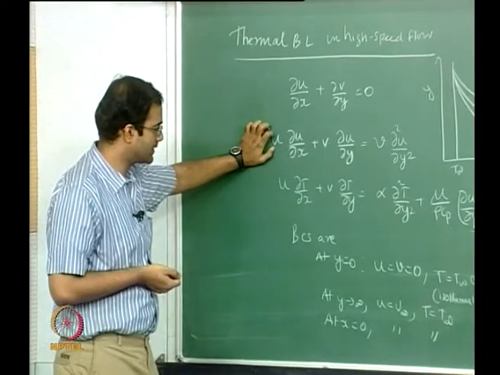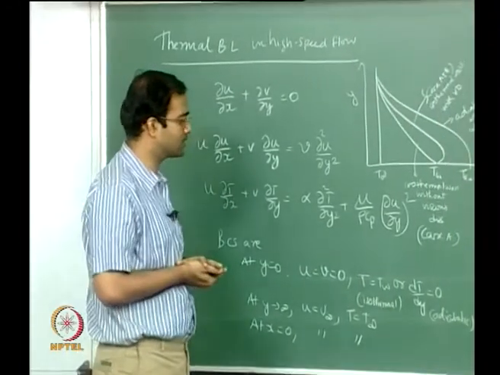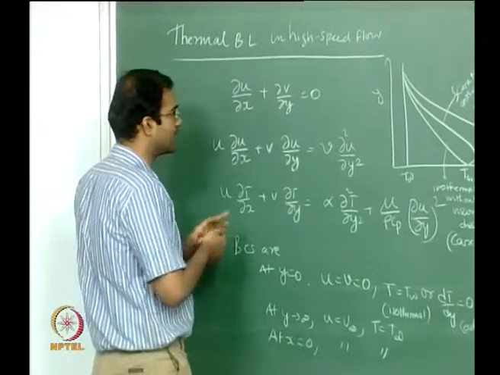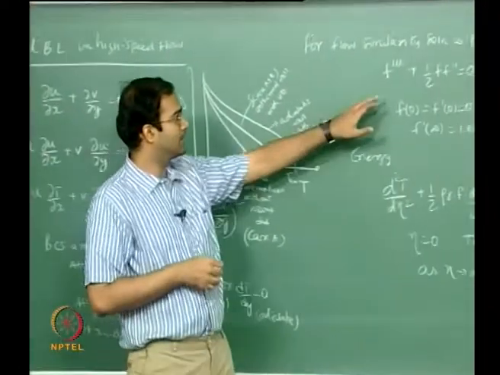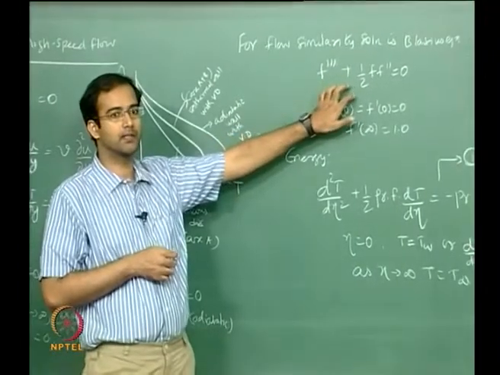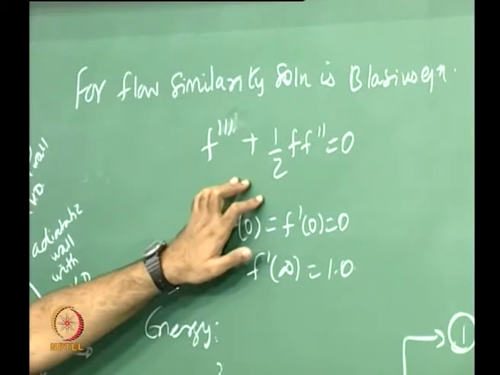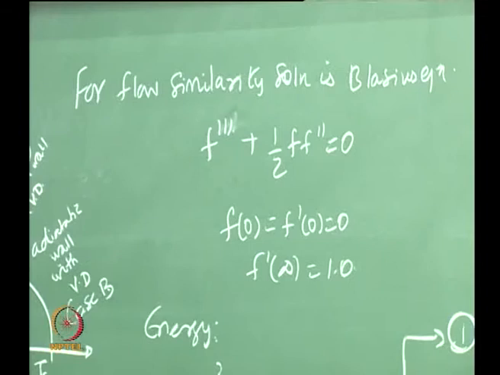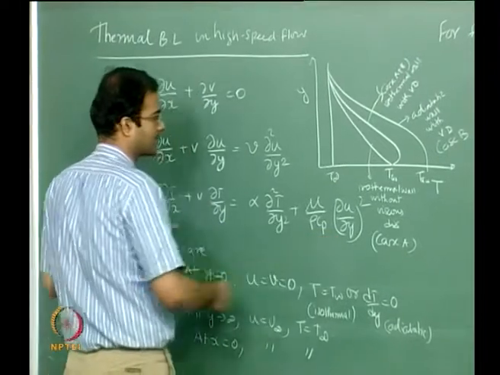Okay, so these are the boundary conditions. We are writing this for the flat plate case right now. We can also do the same thing for the Falkner-Skan solution. Only the similarity solution for the momentum will change. Right now the similarity solution for momentum is still the Blasius solution. If you are doing this for wedge flows, then you have to rewrite that with the similarity solution for the Falkner-Skan problem. So now the modification will be in terms of the energy equation.